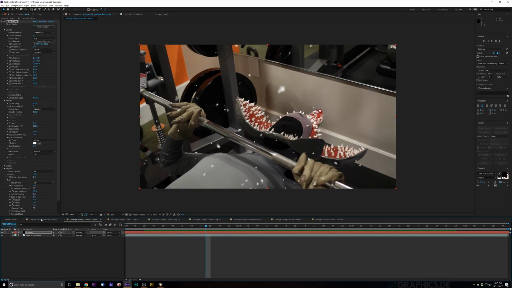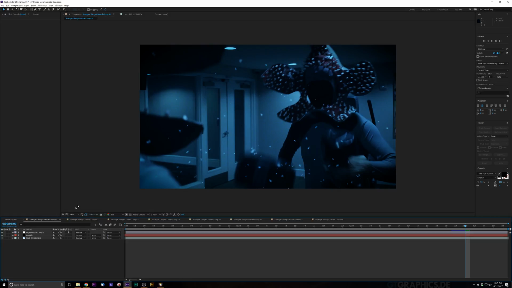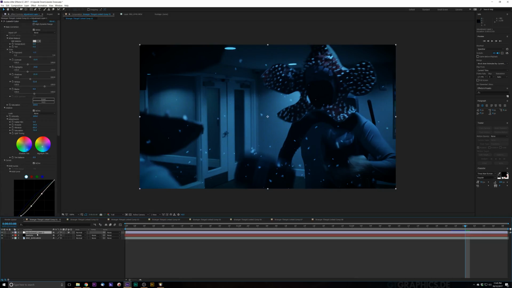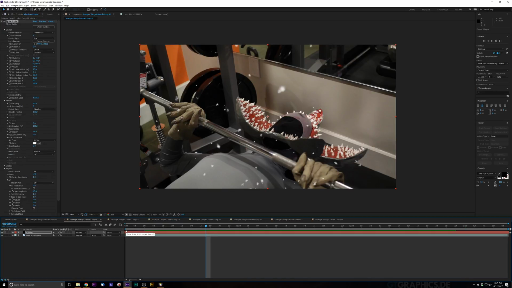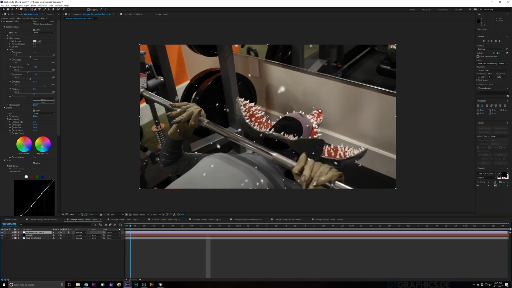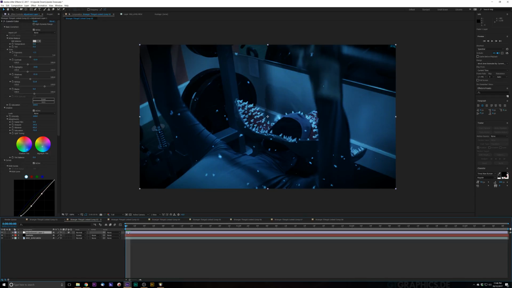Now, since we kind of have the same lighting and I'm pretty sure nothing else changed, I'm just gonna go ahead and copy my color layer right here. I'm gonna paste that color layer right onto this footage. And it's going to automatically look sexy. And that's what we've created. We've created this awesome, sexy